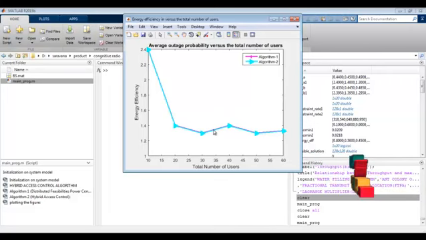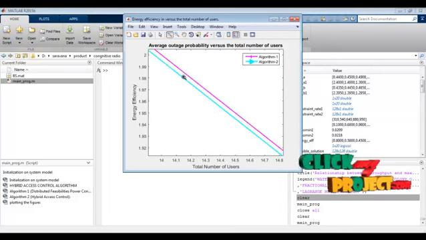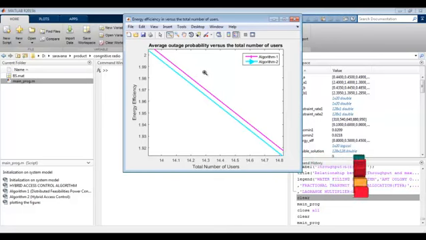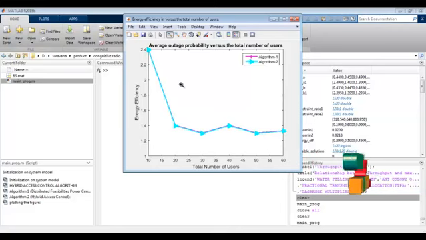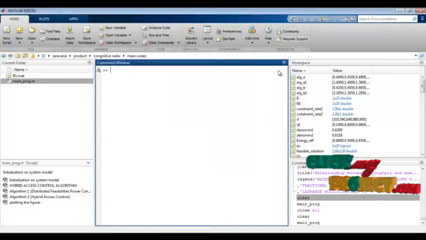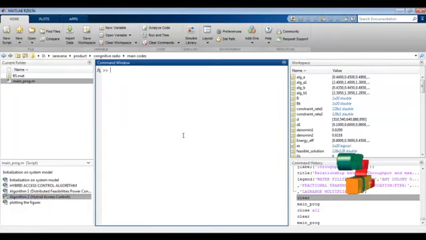I will just click on zoom in and you can see that there is a little bit of difference in the parameter, so no issue. So this plot gives better performance for energy efficiency versus total number of users. Every result will be stored in the MATLAB workspace, and finally we can see that the constraints of our code are delivered on these different constraints. Thanks for watching.